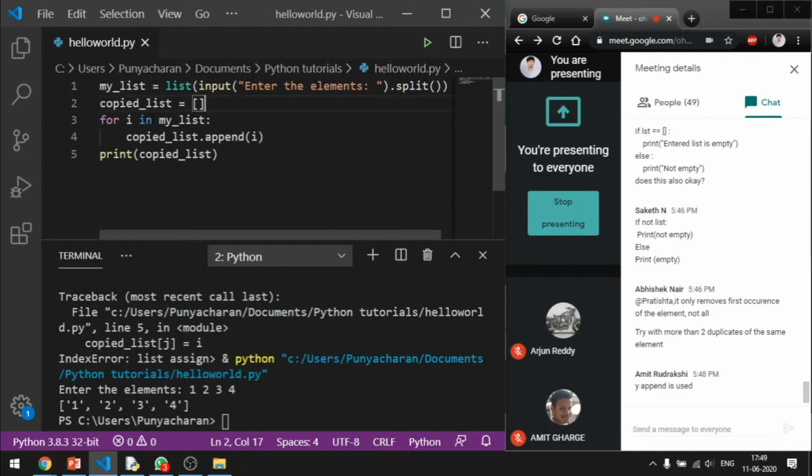See, it is going to iterate through the contents of my list and into the iterator variable I, and what append does is, it is going to take this particular list, it is going to append, in the sense add or concatenate, at the last the value I. So this value I is taken and it is added at the end of copied list one by one. That's what it does, right?